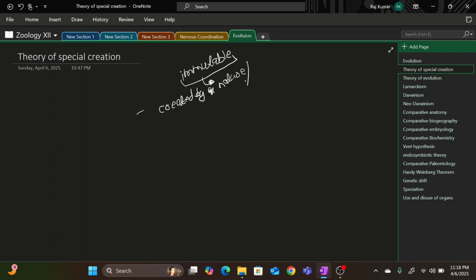All species are created by nature, and these are immutable, which means it's not that organisms